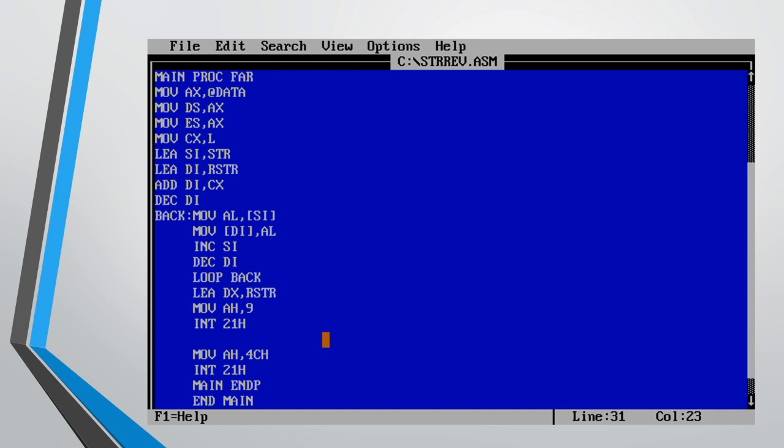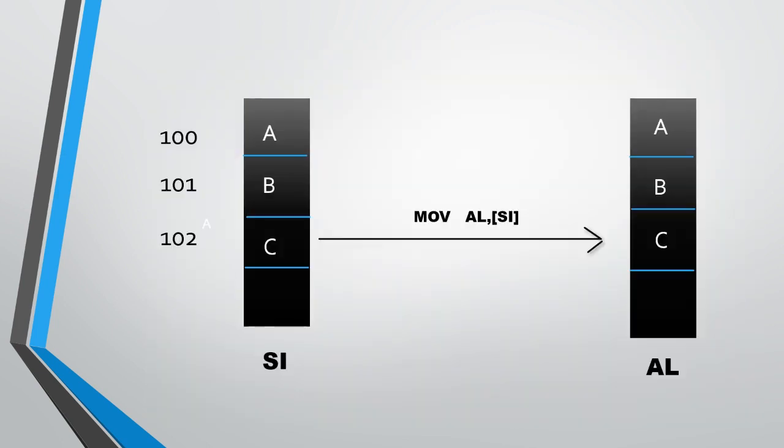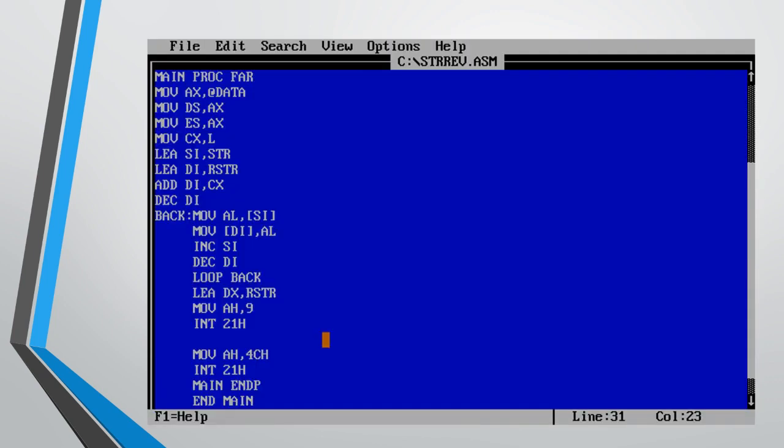The next line here comes is mov al, [si]. As we have incremented SI, the third index of the SI, that is C, is copied to the AL register. And the next line is mov [di], al.